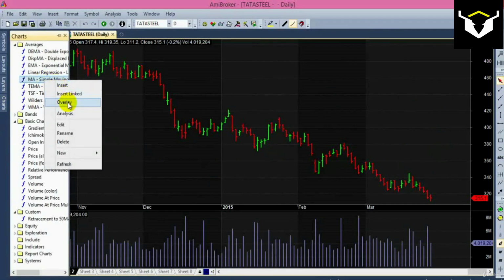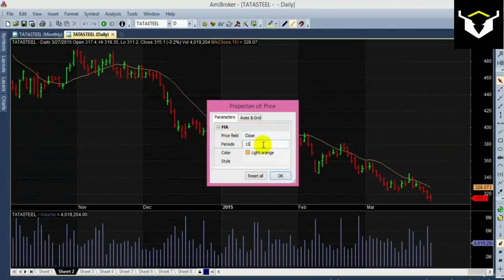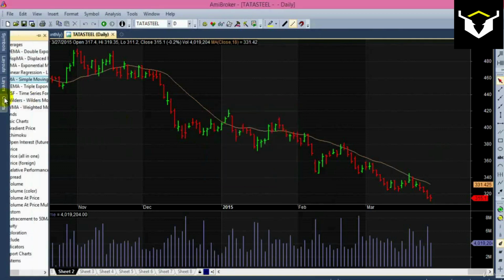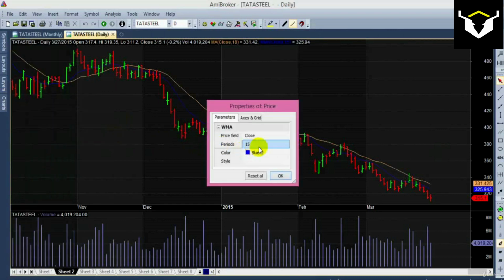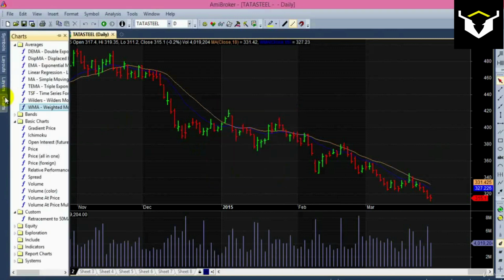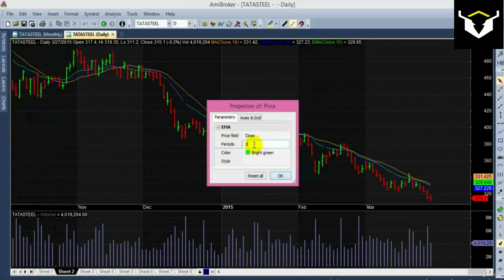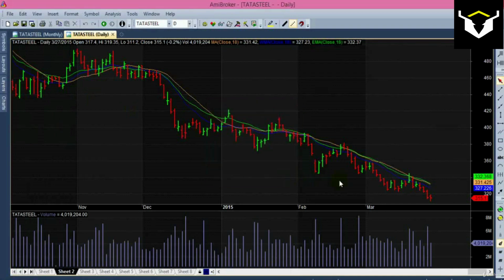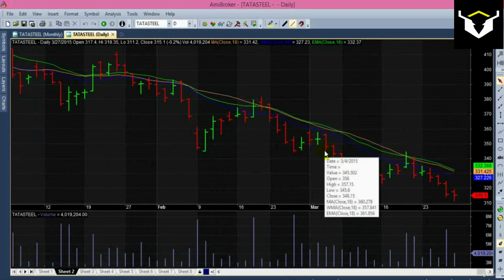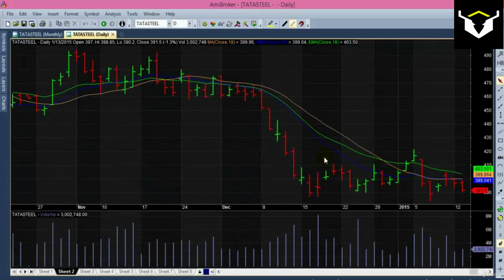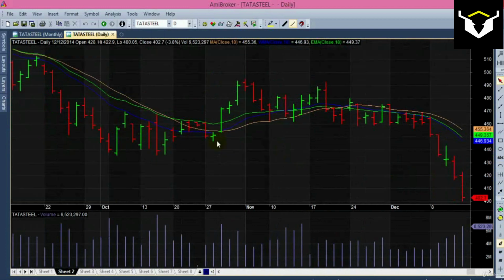First we will overlay a simple moving average. 15 is the default, but we'll use an 18 period moving average. Next we will plot a weighted moving average of the same 18 period. Next we will plot an exponential moving average of the same 18 period. So you can see all three moving averages are using the same look back period for calculation, but still the simple moving